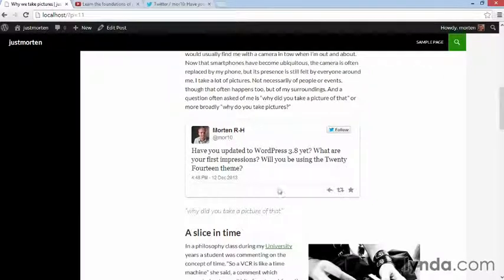This includes the border around it, the face of the person who made the tweet, a follow button to that person. You can even respond to the tweet, retweet it, or favorite it. This is the power of oEmbed. It allows the content owner, say Twitter or YouTube or Vimeo or a bunch of other services, to control the display of the content. All you have to do is link to it and it displays the way they decide